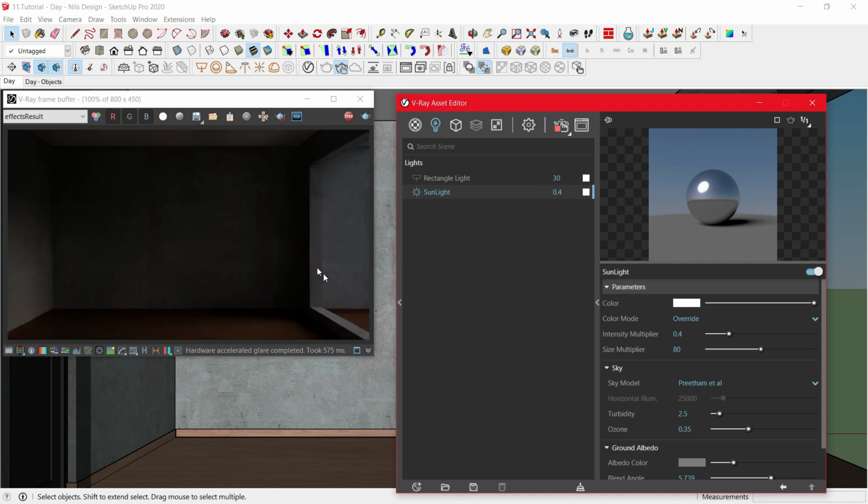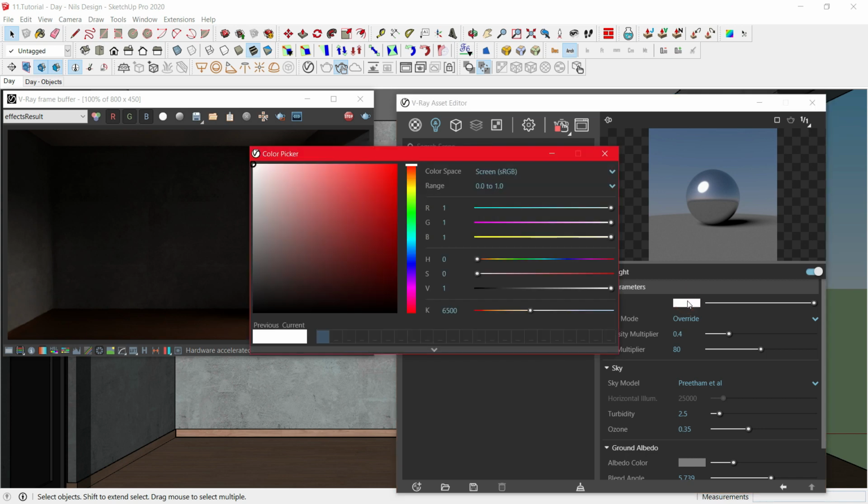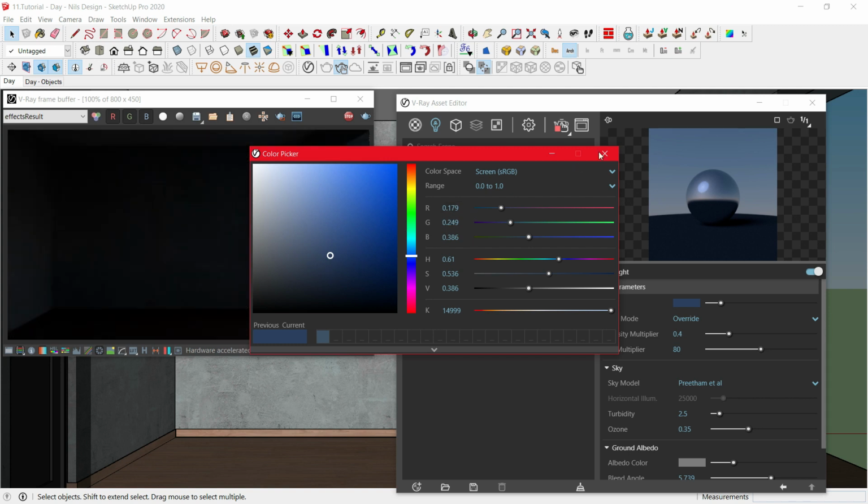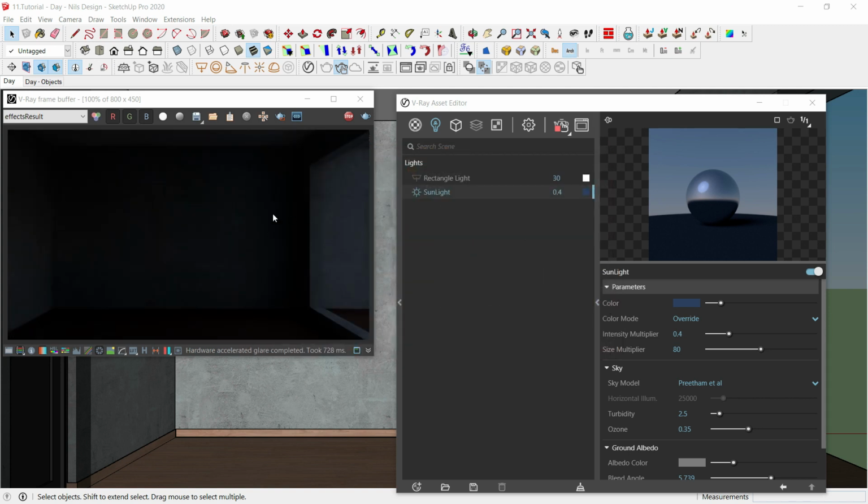This way the color will change to a purple tone. Now under the color, select it and change it from white to a bluish tone. And now close it. So here we are trying to replicate the nighttime effect by blending two colors, that is blue and purple. Now just disable the sunlight